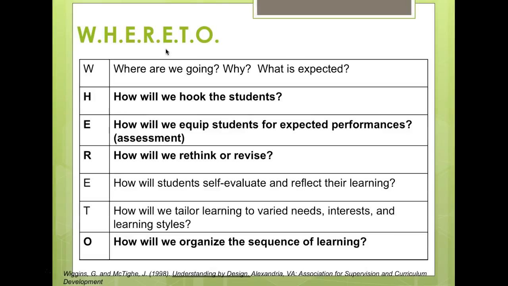Here is the acronym. W is where are we going, why, and what is expected. And that's what you did when you established your standards, goals, and objectives. How will we equip students for expected performances? That's what you did when you designed your assessments. How will we rethink, revise? That is formative assessment also, and student self-evaluation, which goes on the next one. How will students self-evaluate and reflect on their learning, which you can put in the assessments